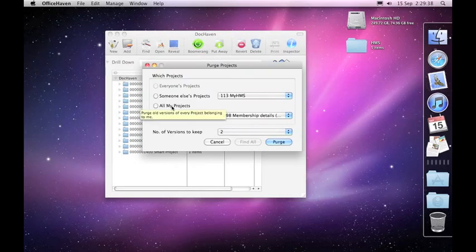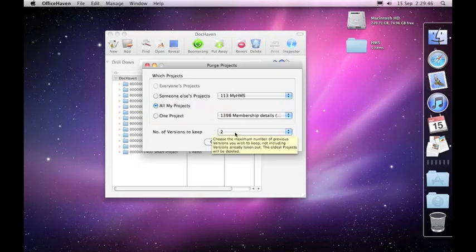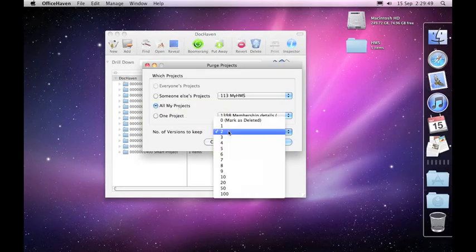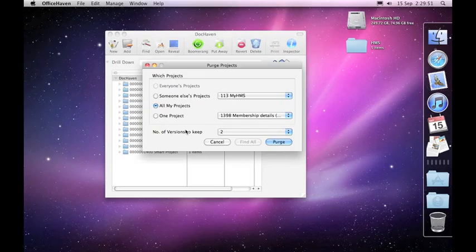Or you may want to say, amongst all of my projects, all the ones that I own, I want to cut them all down. However many there are, instead of having to do them individually, I want to just get all of them down to keeping the last 2 versions. If you are a group manager, you look after a whole group of people's projects, you can purge all the people within this particular group. That's the only one I have access to here. That way it'll go through not only yours but other people who are in that group that you manage and purge them down so that they only have the